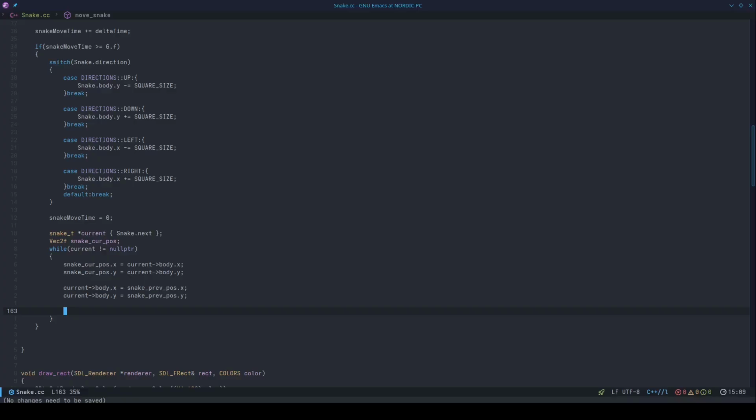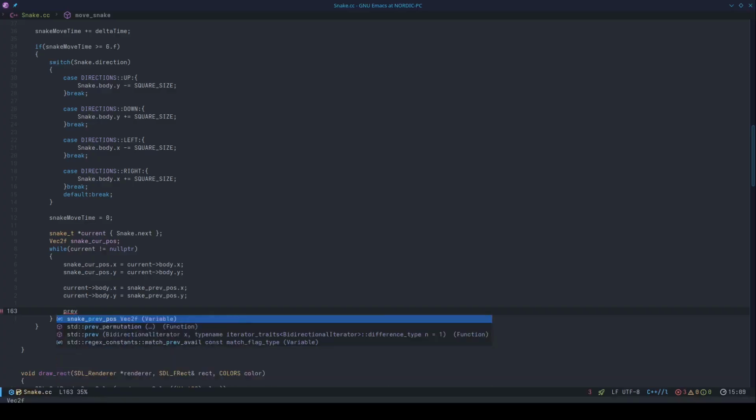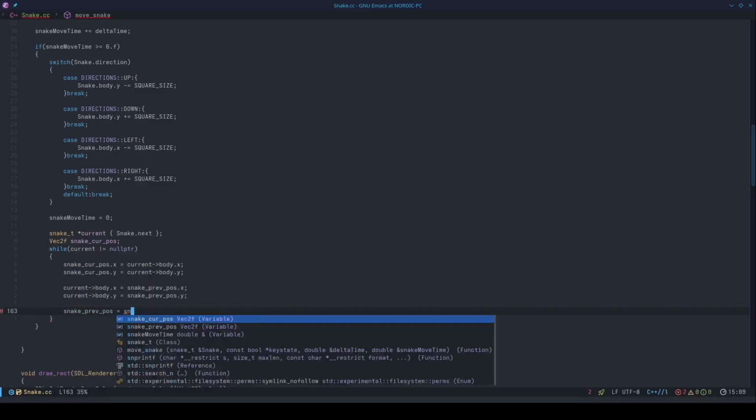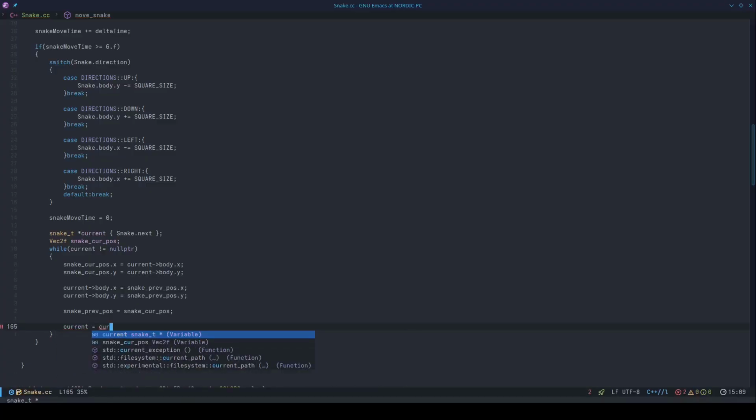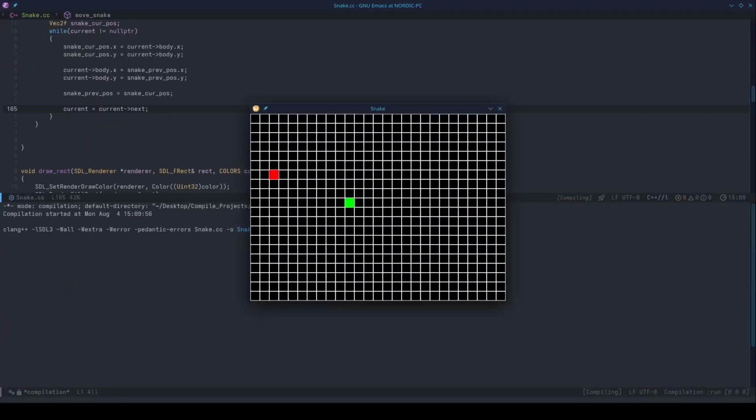Yes. And now the previous snake position is going to be the snake's current position. And then we go to the next one. I think that's it. Yes! Oh, I'm such a god. Oh my god. Okay,